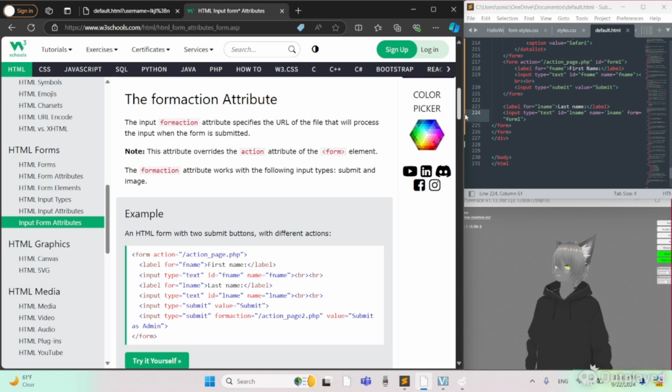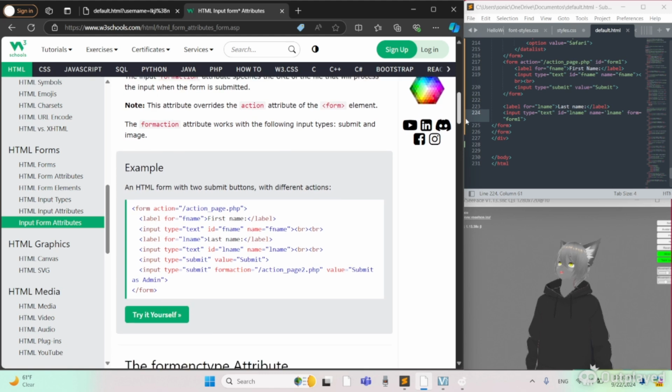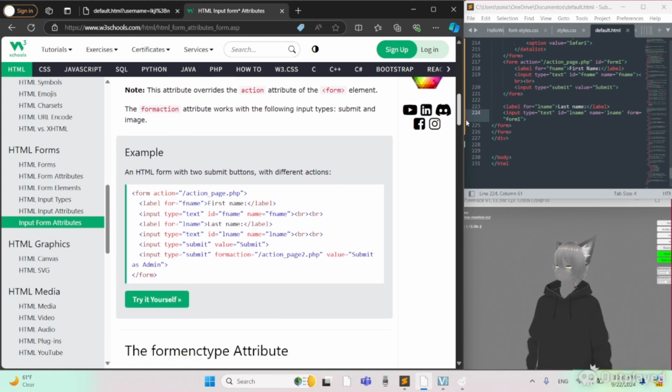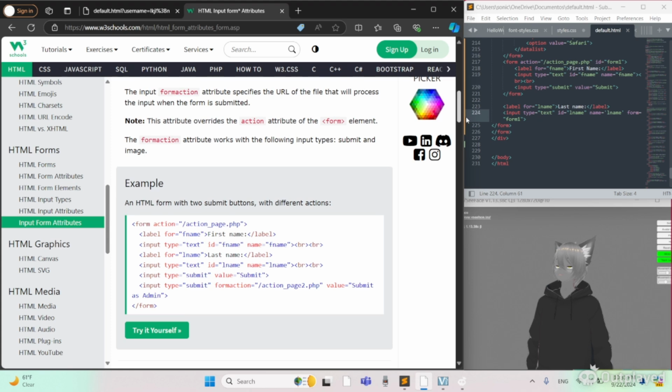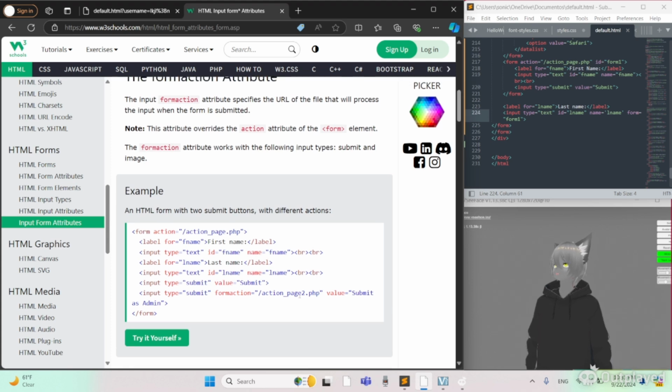The form action attribute. I guess it makes it easier for you to specify which URL file is going to process the input when you click on the submit button. Form action goes right next to the submit button. So let's say we want to do it for the last one that we did. We have the submit button right here, value submit, but in the middle we can add form action